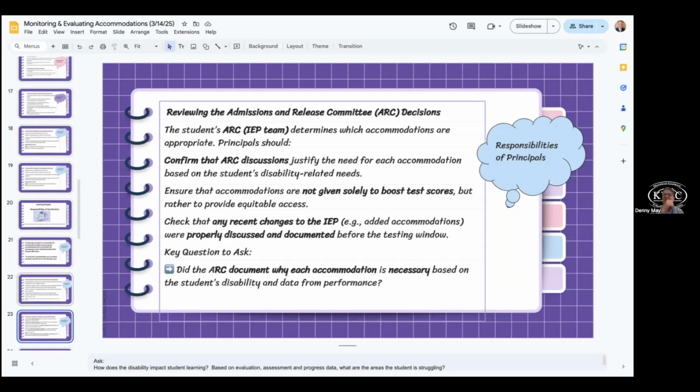We have to verify the need for specially designed instruction, and if there's an adverse effect, verify the 504 plan and that there's an accessibility issue, and make sure that the accommodations match what the student actually needs and not just giving them that to raise test scores. The key question here is: did the ARC document why each accommodation is necessary based on the student's disability and the data from their performance? So that's super, super important as we move through.